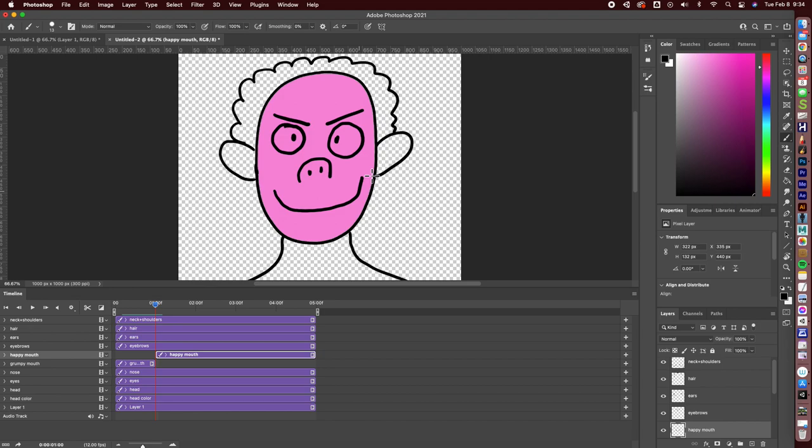Right now it looks very devious because of the eyebrows. So let's go up to the eyebrows. Let's find them here. They are right above the happy mouth. We want the angry eyebrows to end at the same place as the grumpy mouth. And we want to change the name of these eyebrows to